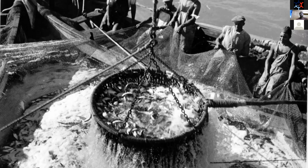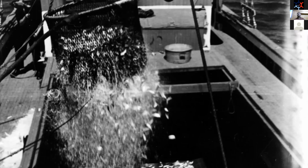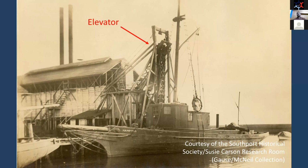And then they would use these giant dip nets to bail the fish out of the purse net and bring it aboard and dump the fish into the hold. And then once the hold was full of fish, the Menhaden boat would steam back to the factory, and then they would pull up to the factory's docks where